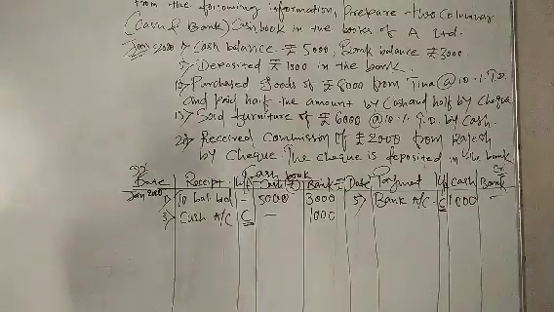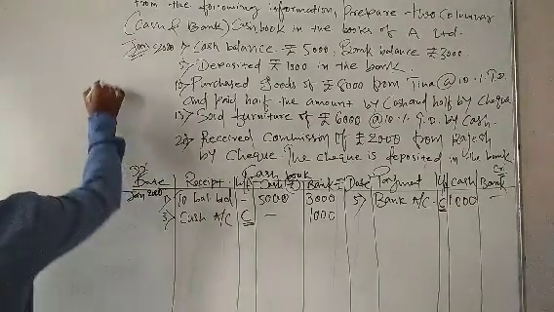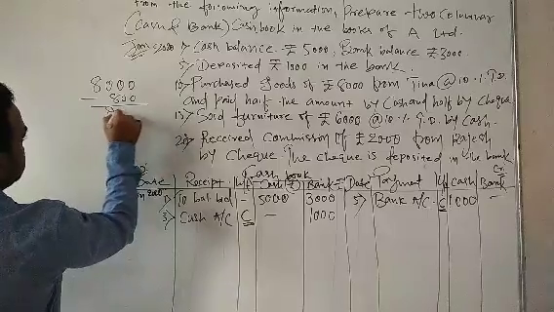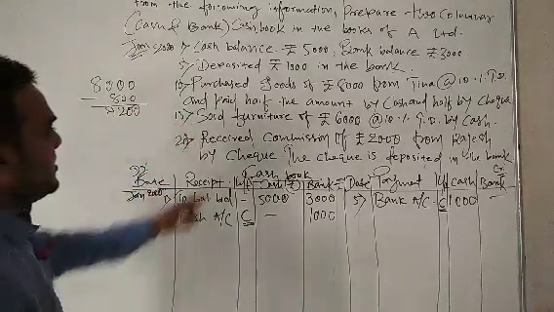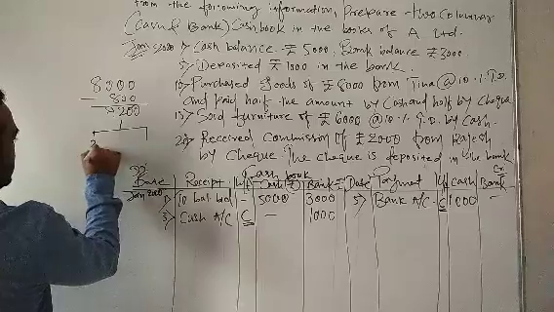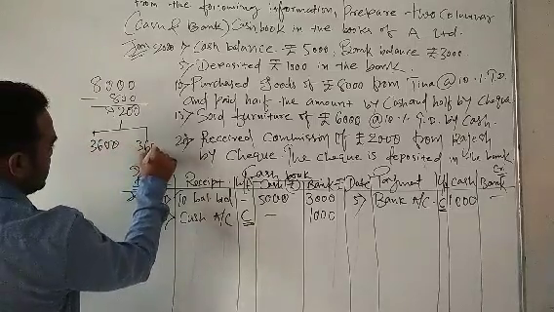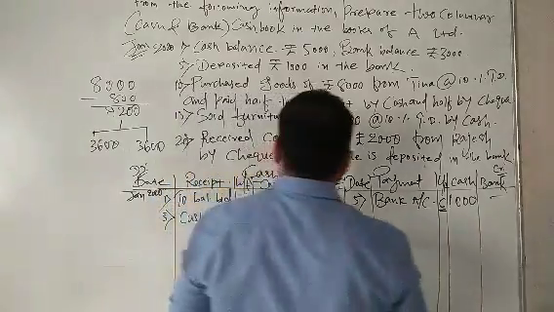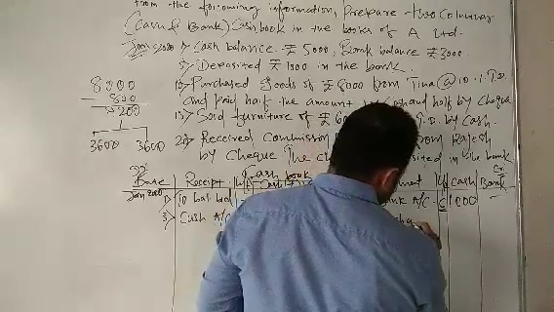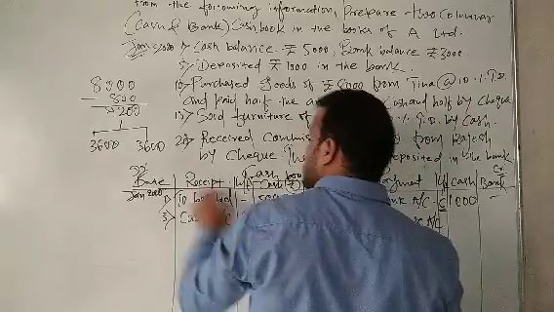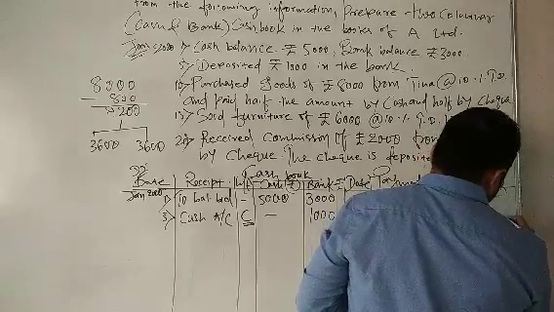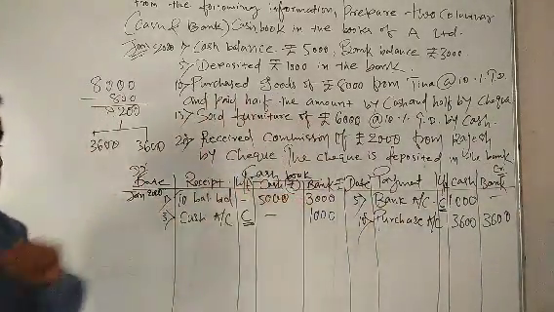Now next transaction, purchase goods of 8,000 from Tina at 10% trade discount. So 8,000, 10% trade discount, that is 800 minus, so it will be 7,200 rupees. Now further, paid half the amount by cash and half by check. So half of 7,200, that is 3,600, and 3,600 rupees will be there. So now I will write down, on the transaction date 10, you have done purchase, so I will write down your purchase account. Half the amount you have paid, half means 3,600 by cash, and the check you also gave for 3,600 in the bank, because check is related to bank.